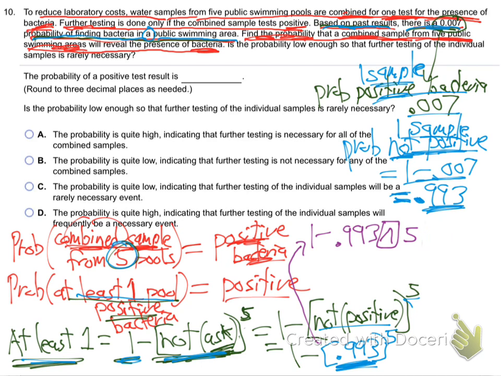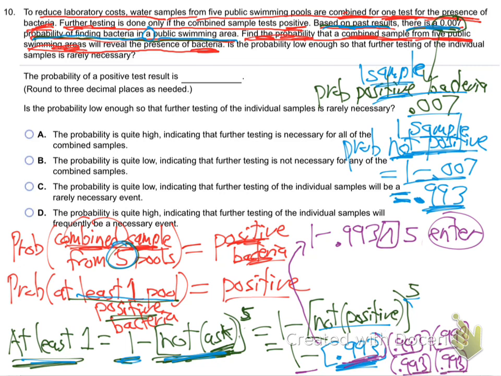So that'll take it to the 5th power. Or you could just multiply the 0.993 times itself 5 times. That's what it means. Right? It means 0.993 times 0.993 times 0.993 times 0.993 times 0.993. Right? 5 of them. 1 minus not,